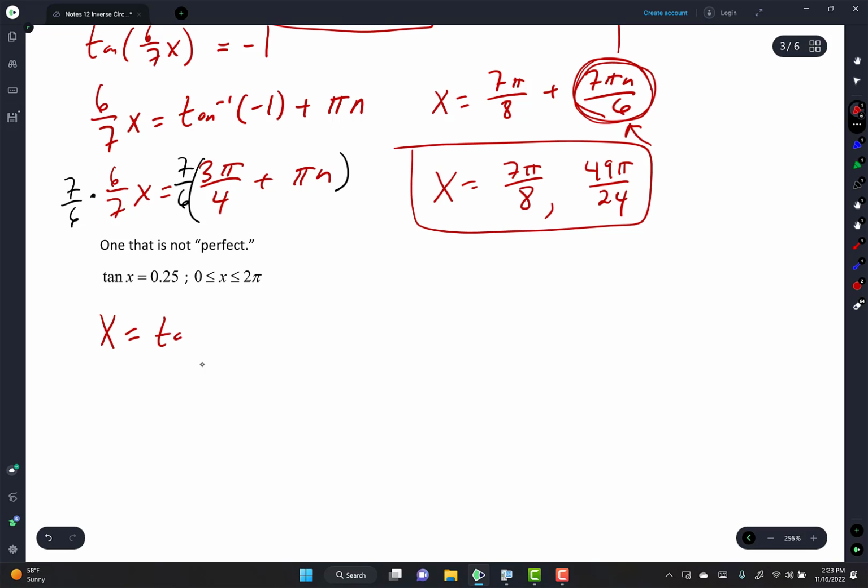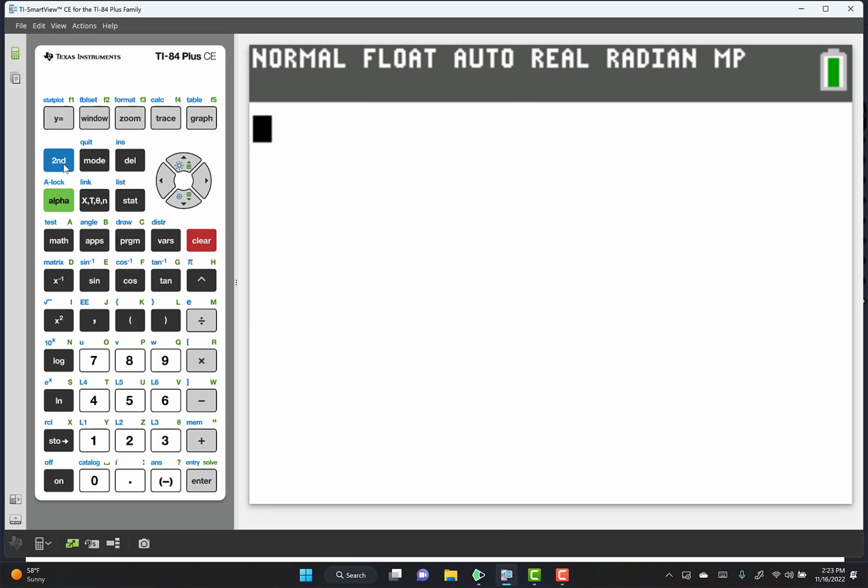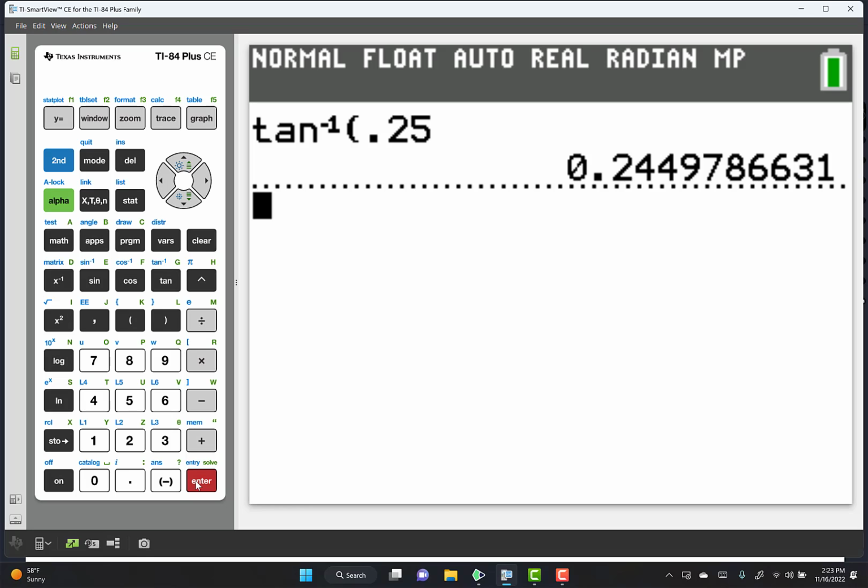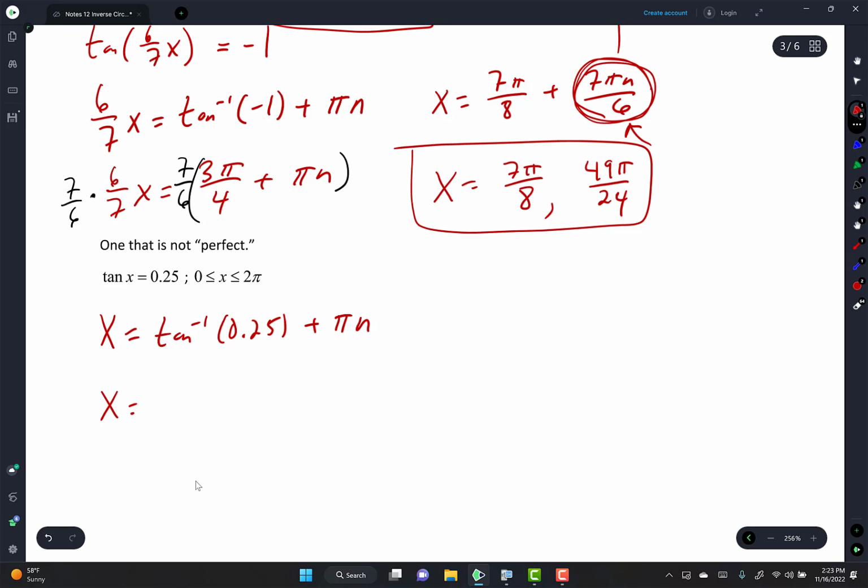x equals arctan of 0.25 plus pi n. I'm going to tell the calculator arctan of 0.25. I take my calculator, clear, arctan 0.25, and push enter. 0.24497 or 98. So x equals 0.24498 plus pi n. So my answer is, one of them is that,